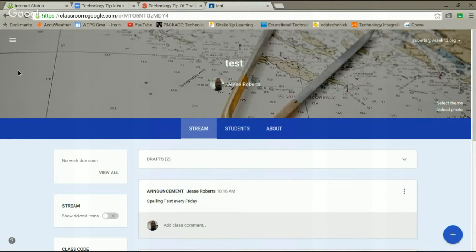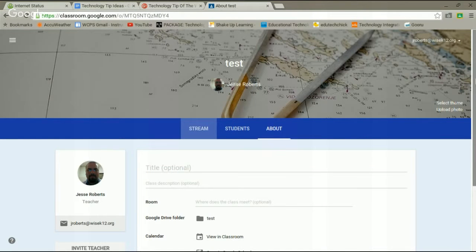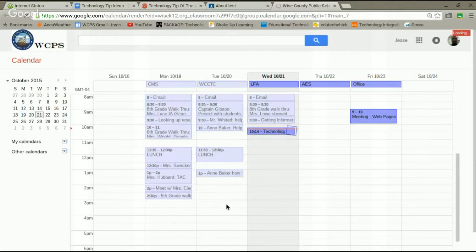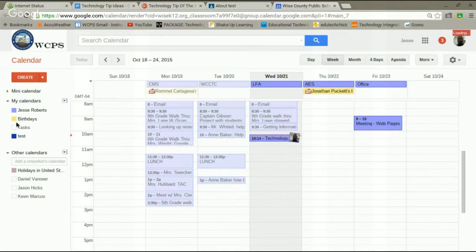There's another way you can view it. If you click on About, and you come down here, you can see Calendar. You can view it in the classroom the way we just did, or you can open it in your Google Calendar. I'm going to open it up in my personal Google Calendar. If you notice here on the sidebar where it says My Calendars, here's my personal calendar. Tests. That's how it will show up, as a dark blue